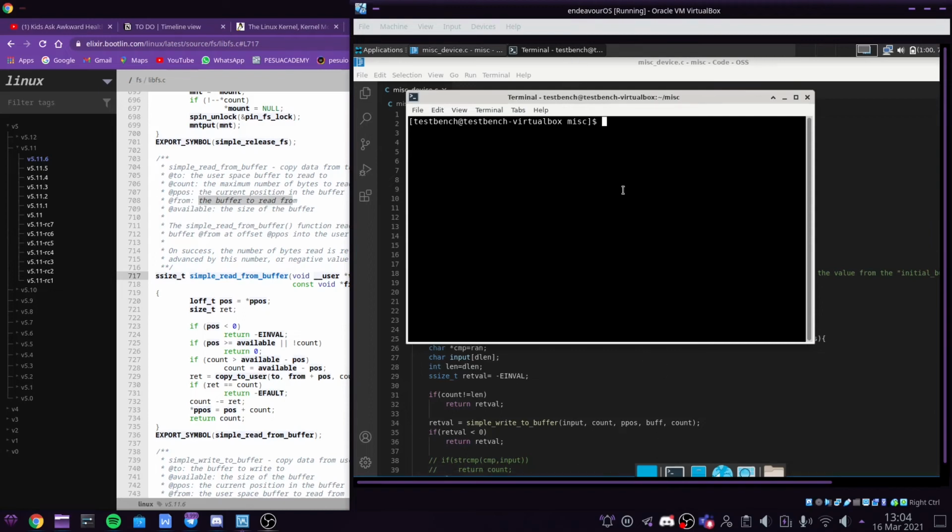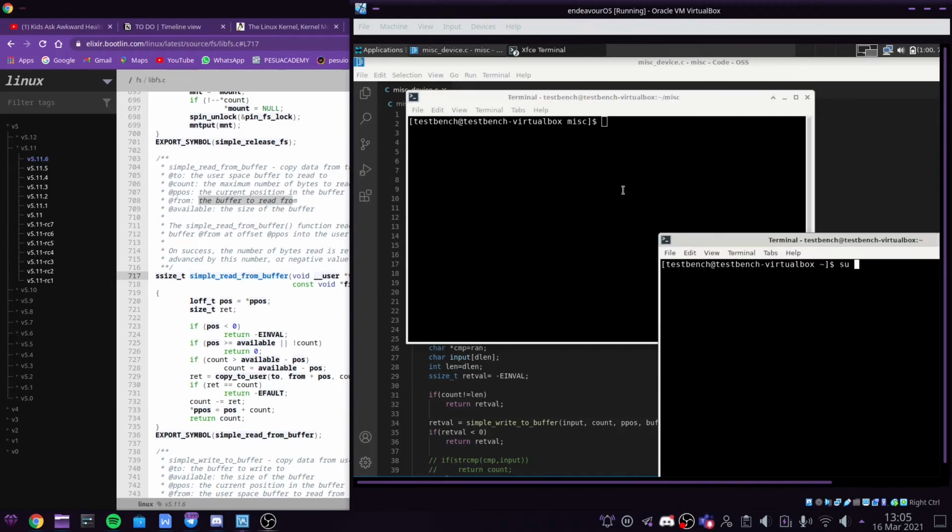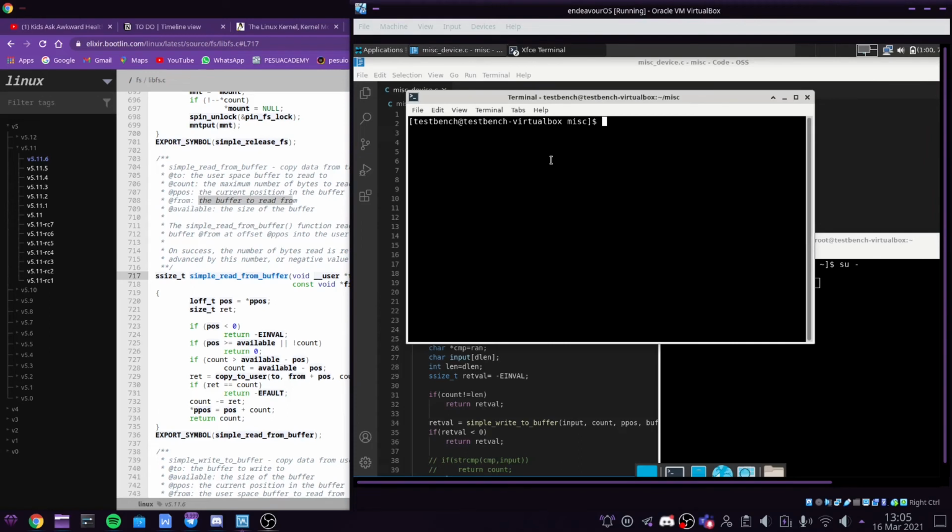And let me open one more terminal for super user. And sudo insmod star.ko,